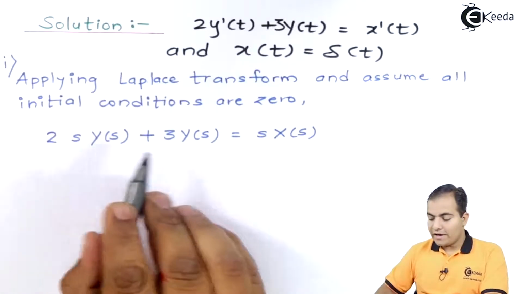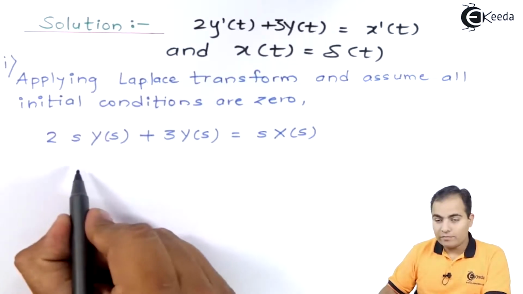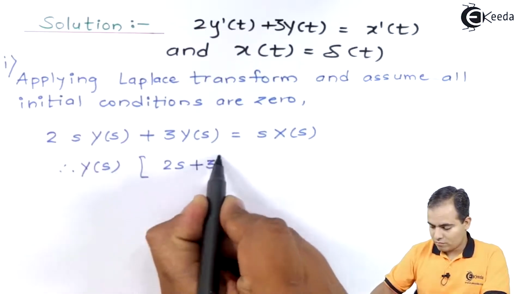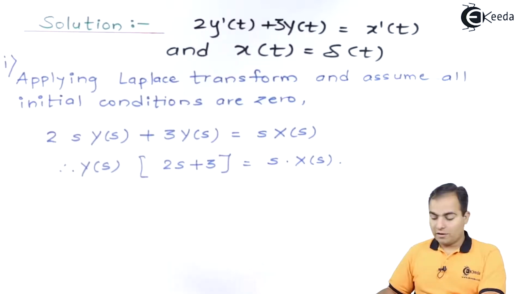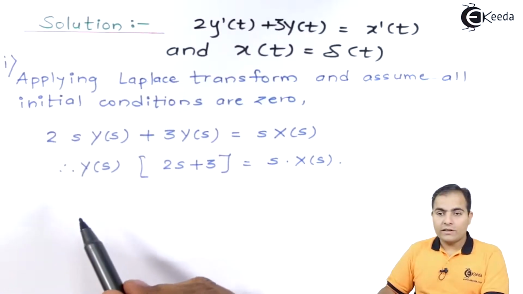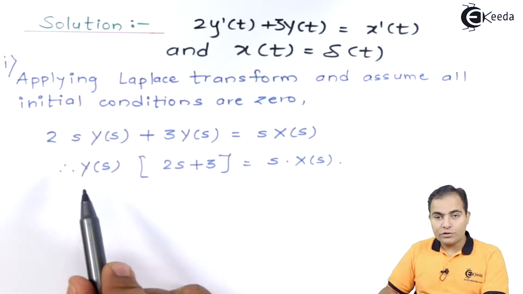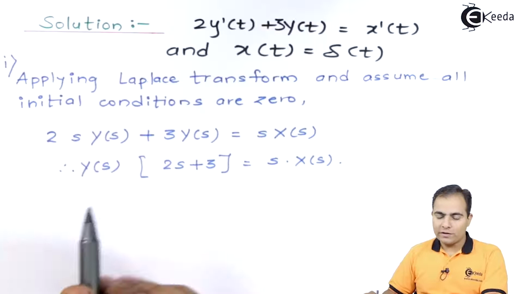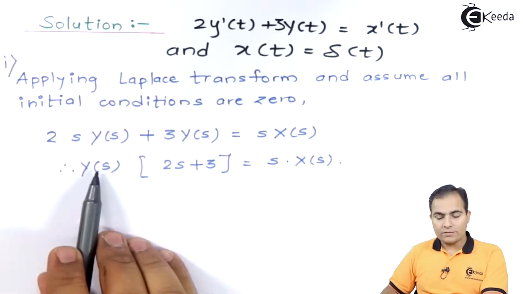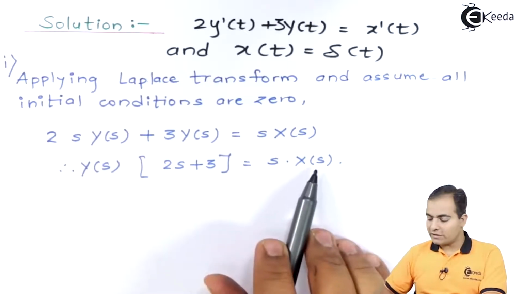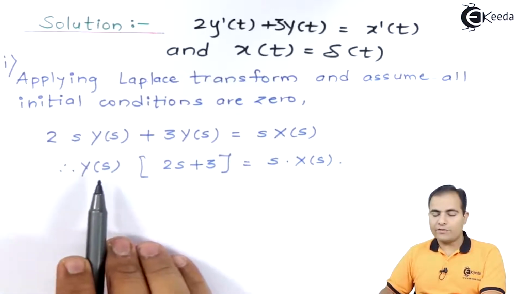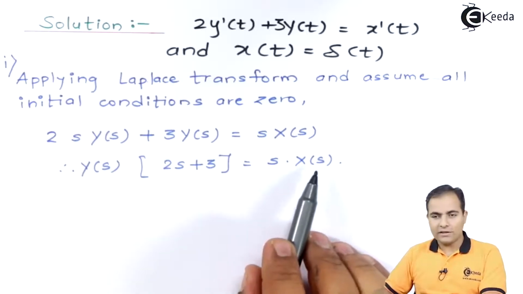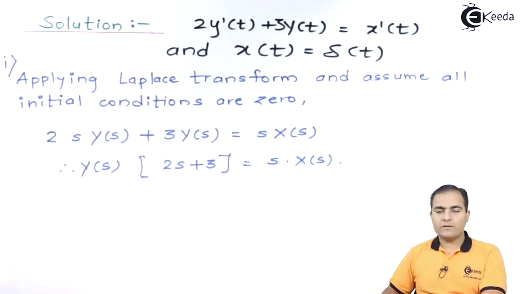Now you can take Y(s) common from the left-hand side. As we know, the transfer function is the ratio of output by input, that is, the Laplace transform of output by the Laplace transform of input. So the output Laplace transform is Y(s) and the input Laplace transform is X(s), which we have already calculated. Only, you have to shift this X(s) to the left-hand side,